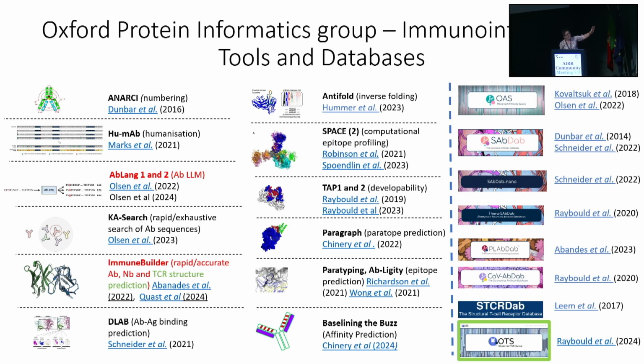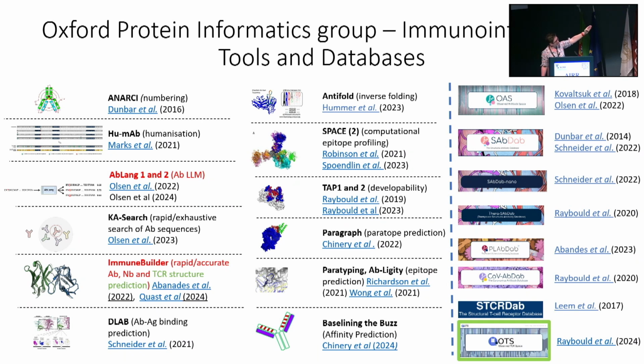Very quickly, if I just go from the top, you've got AIRRR-C, which numbers antibodies, HUMAB, that humanizes them or tells you if it's human, a couple of language models, which I'll talk about a little bit more, a method for rapidly searching databases of antibodies, building antibody structures, which I'll also talk a little bit more about, also nanobodies and TCRs if you happen to like those, predicting antibody-antigen binding, doing the inverse folding problem that Jeff mentioned, so if you're given a structure, what sequences would fit on that,